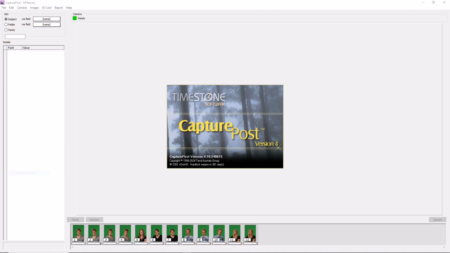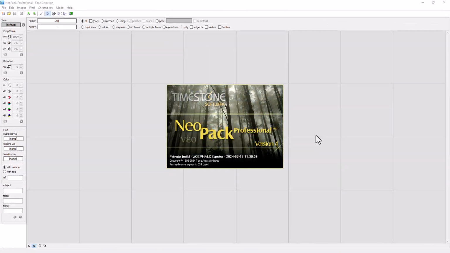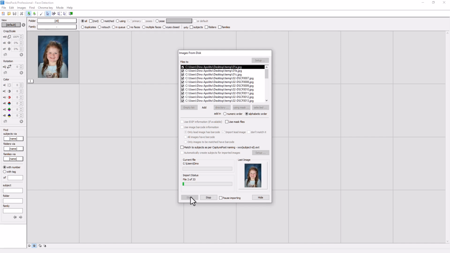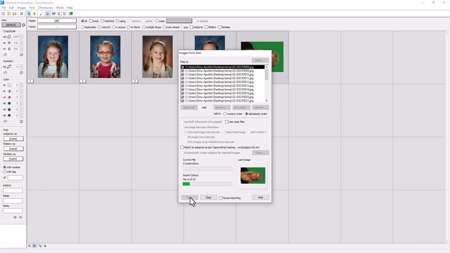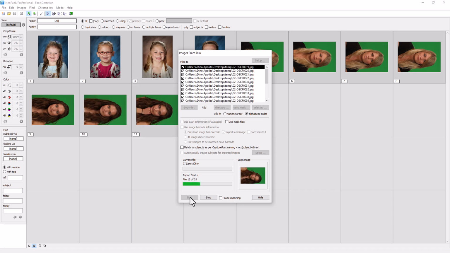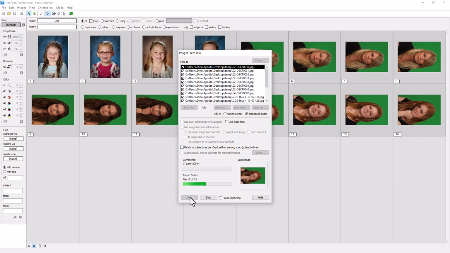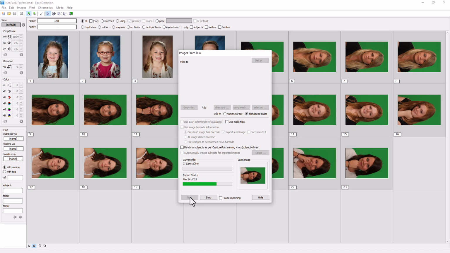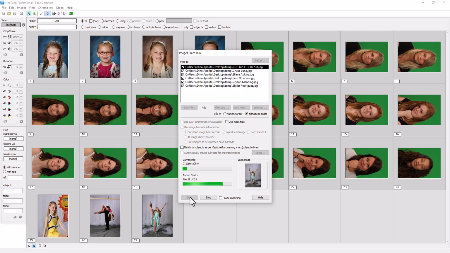Now for people using Capture Post, face detection is done automatically as you shoot, but if that's not you, you'll be importing images into Images mode of the apps, and you'll need to perform the face detection step on all or some of your images. I've imported quite an eclectic mix of images here. This isn't a real job, but a collection of different types of images that we'll be discussing in a moment.